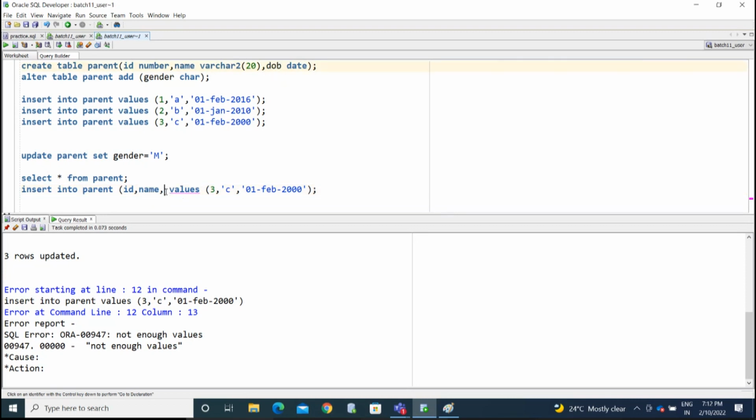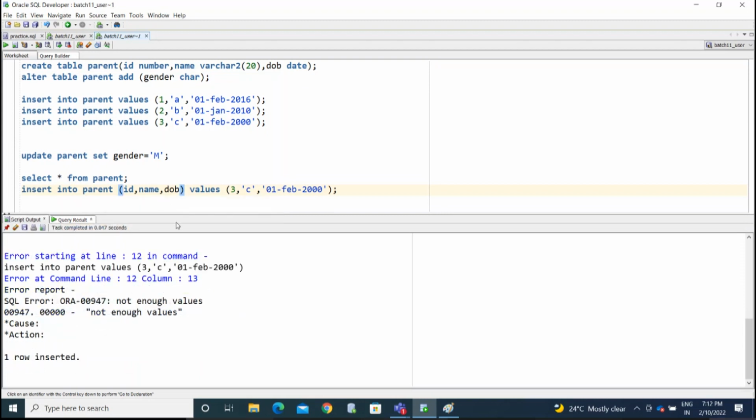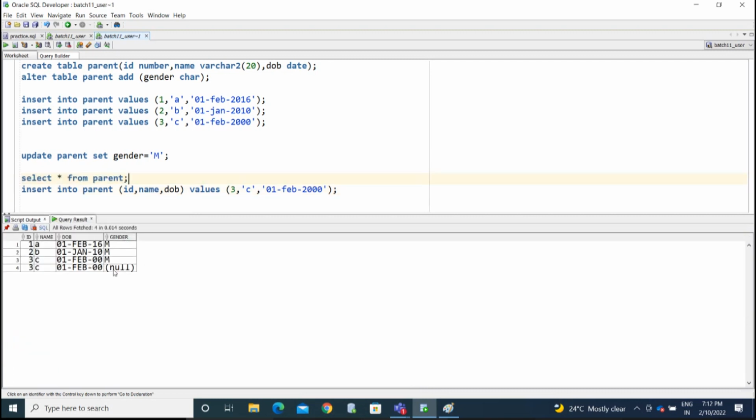Now I'm mentioning the column list and inserting the values into it, so it is not restricting you. See here, we are not inserting any value for this gender column. The system needs to restrict that. Okay, so to do that task,